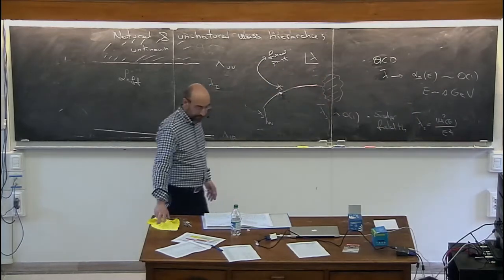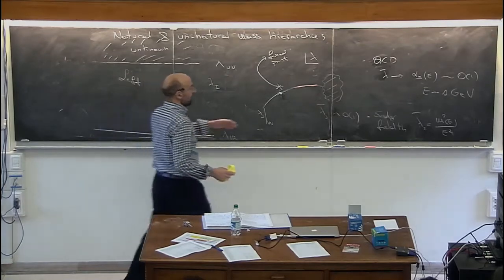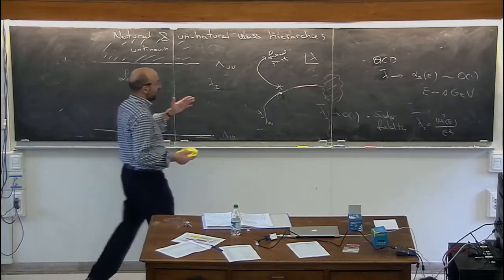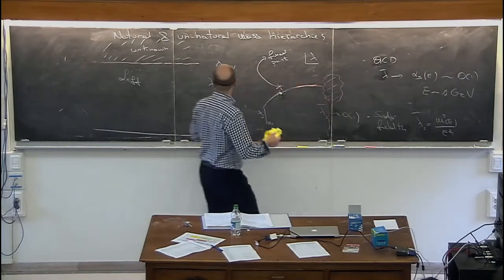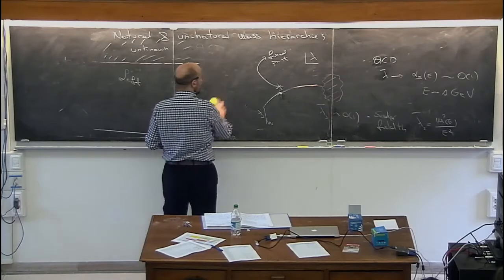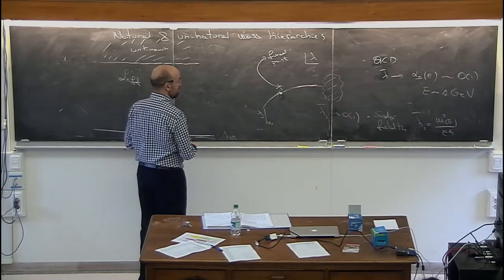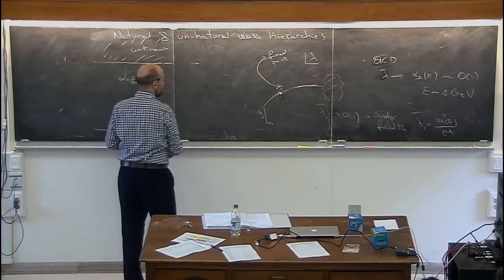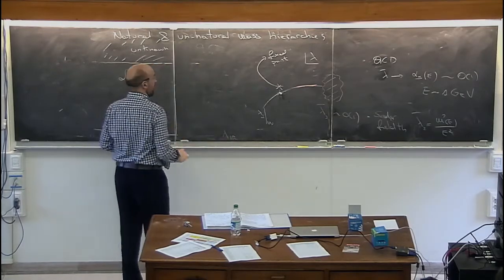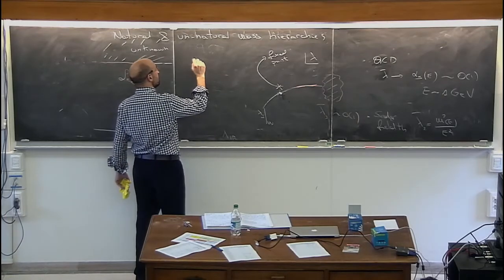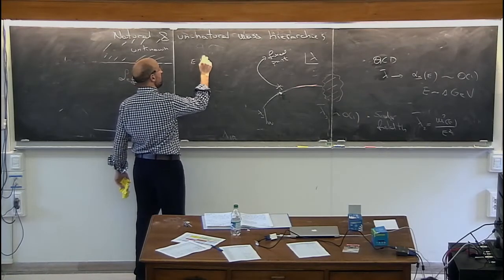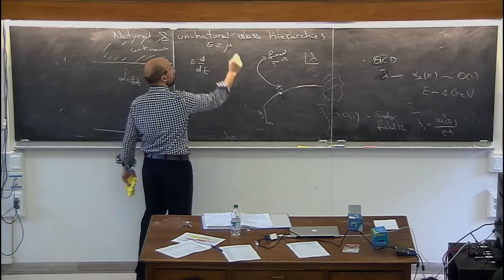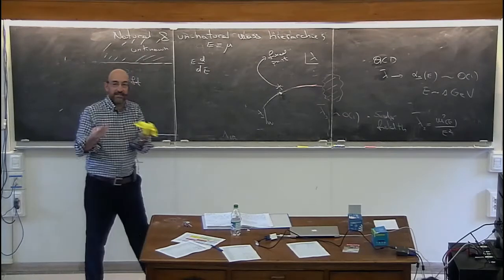Okay, so now these are simple cases, but we can take a broader perspective and just look at the general flow. Let me just take some space here. So in general, we have this RG equation, d/dE. By the way, in what I'm writing now, E is mu. Okay, I take E as the normalization scale.